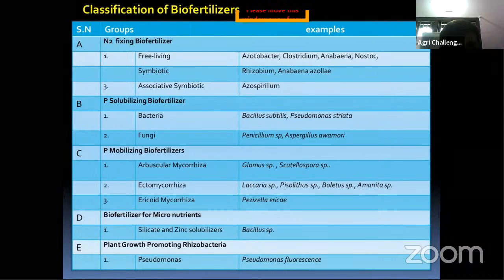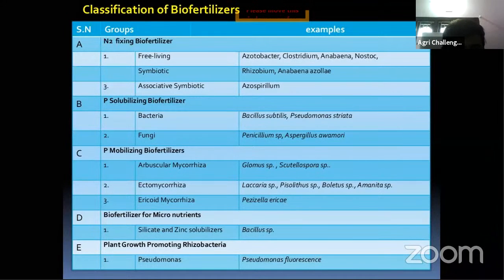Sesbania rostrata forms nodules on shoot as well as root. And Rajma, Phaseolus vulgaris, even though a leguminous plant, does not form nodules on roots and does not fix biological nitrogen.